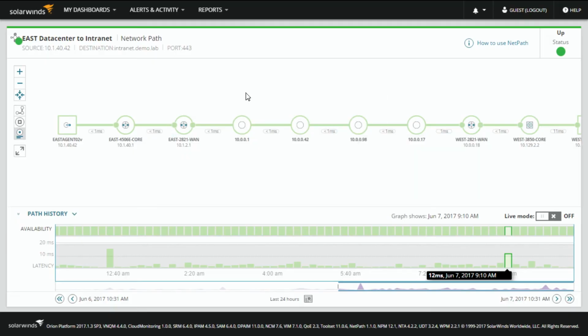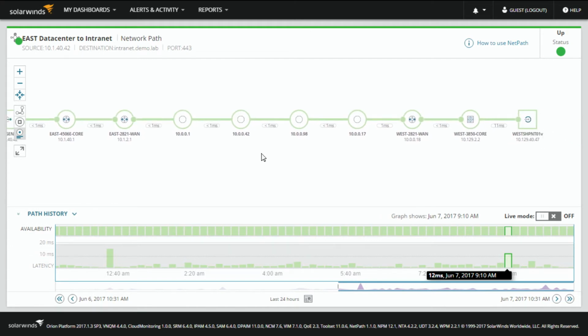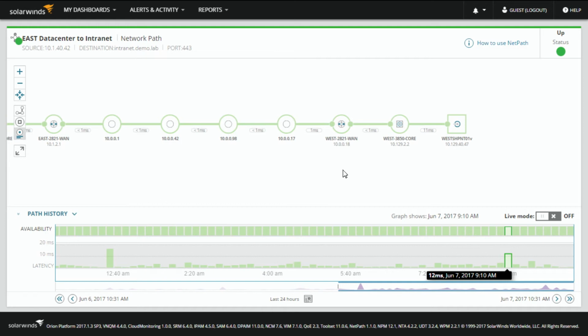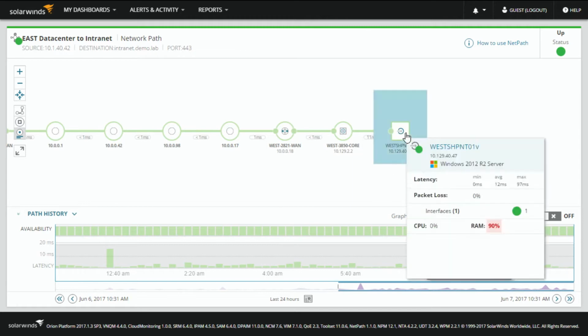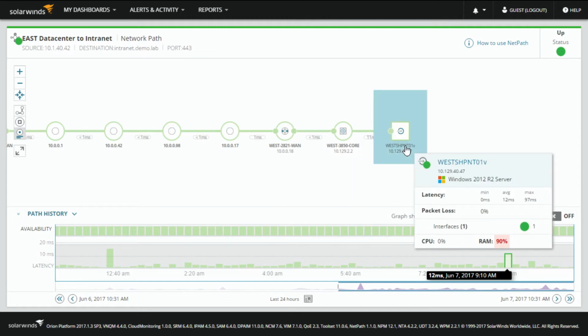Yep. I start getting into internet stuff, and in our lab, these are generic internet looking IPs. They're just 10 dots, so we don't have all of the internet networks, but you would see that start to populate here, and you definitely get the performance hop to hop, right? And so eventually you reach the destination network. Here I've got one of my devices again, and eventually I reach this end node. Now, I didn't put in that end node's hostname, right? So when I'm talking to you, I'm talking about intro.demo.lab as far as a network destination. That's what I'm seeing, but I can tell you the actual server name. NetPath did that mapping for me.